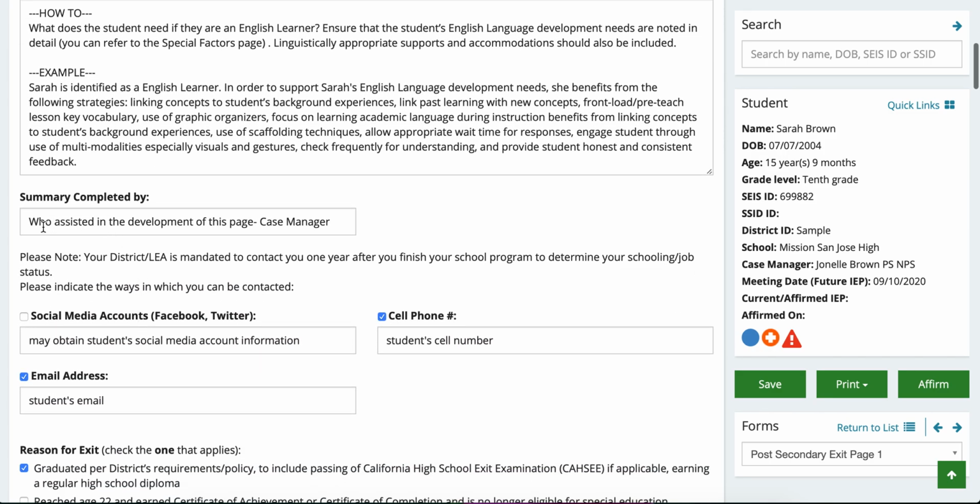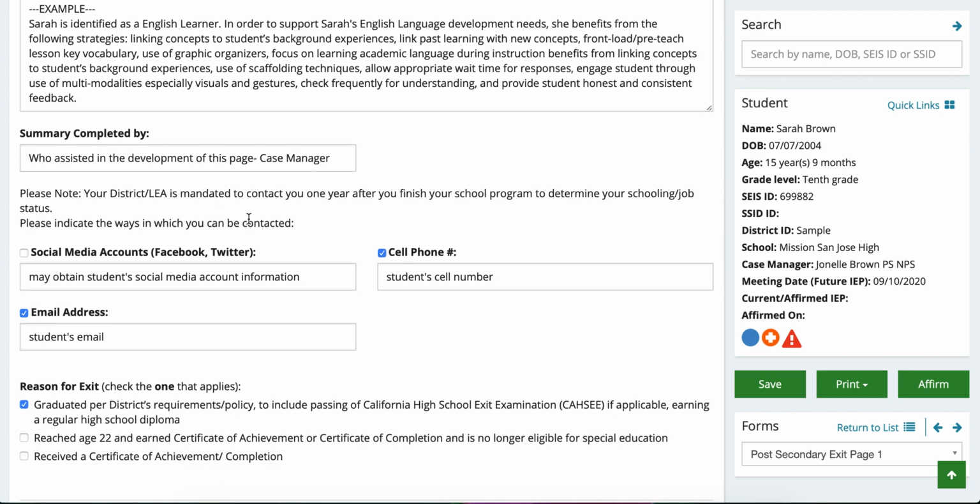You also want to write in here who is completing this. And this is usually the case manager. So for you, if you were the case manager of the student, you would go ahead and write in your name. And on this page, essentially